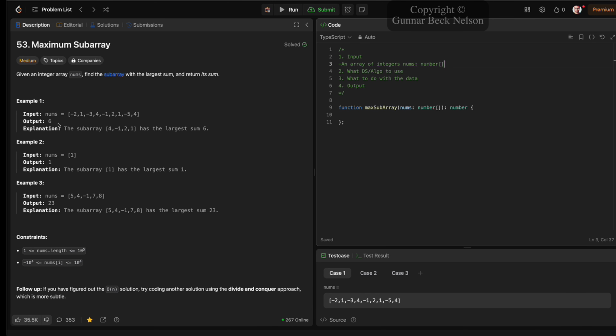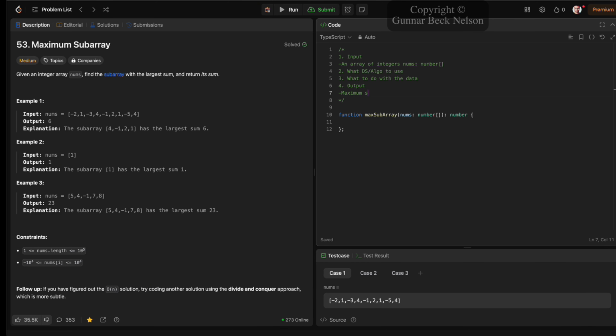is for our output. This is what they expect, and the reason being is because, hey, once we have all the following numbers and the possible combinations, we then get our following output, which has the largest number 6, and they also specify an edge case. If we only have a single number inside of our array, we're going to output it, since it is therefore the largest sum. And then we do the same thing over here for example 3. The subarray 5, 4, -1, 7, and 8 has the largest sum of 23, once we combine all the possible combinations together. So, once we already have done that, our output,